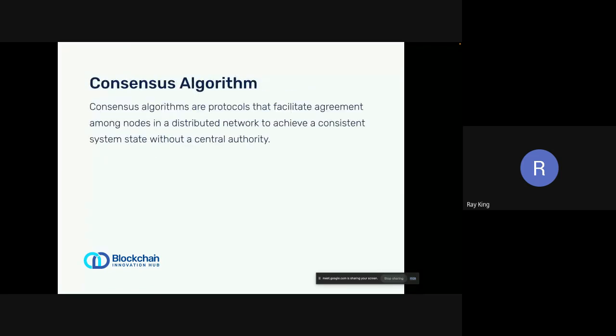Now that's it for peer-to-peer network. Now we'll be looking at consensus algorithm. Consensus algorithms are protocols that facilitate agreement among nodes in a distributed network to achieve a consistent system state